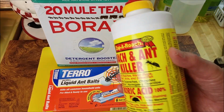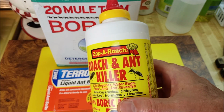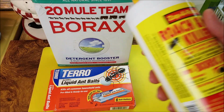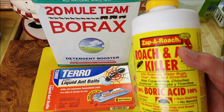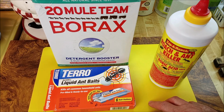It's relatively safe. You don't want to use it in the food preparation, cooking area, commercial areas, but for most places in the home, it's perfectly safe, so long as you put it where pets or children don't get to it. So if you have ants that aren't responding to the regular methods using Terro, which uses borax, or the